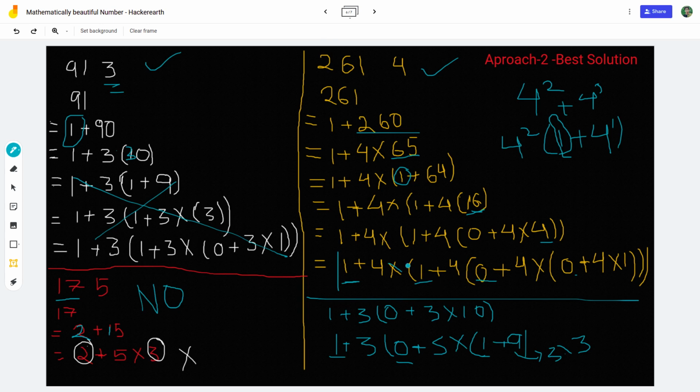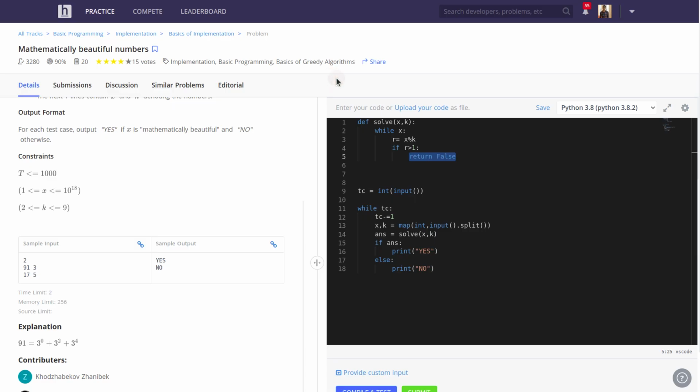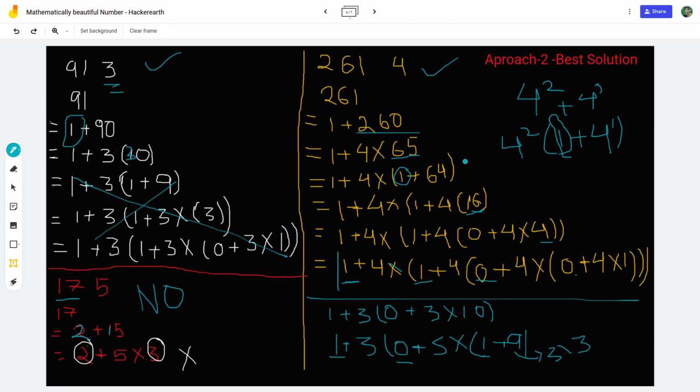If we get 2 here, then from here only we can respond that no, we should not check further, because here we got a problem. Else we can continue, but what we should do now is divide it by k. x should be changed to x by k.